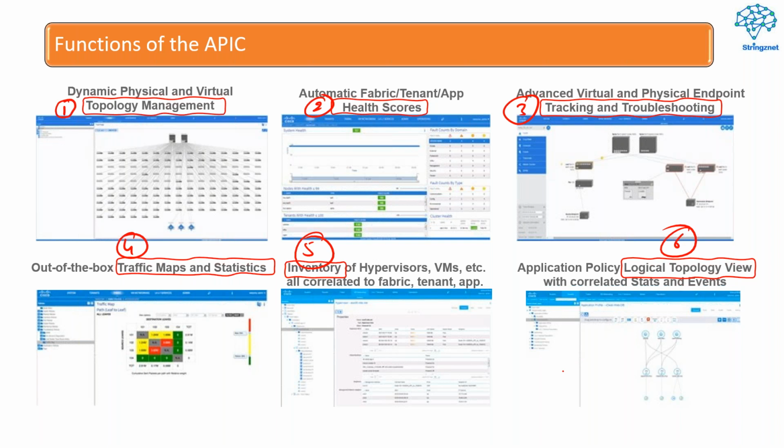So our dear APIC controller is basically a management tool which helps us to understand the topology. Since we will have hundreds of devices in our fabric, it will be very difficult and complicated to prepare the diagram. So APIC helps us to take a diagrammatic view of the entire fabric.